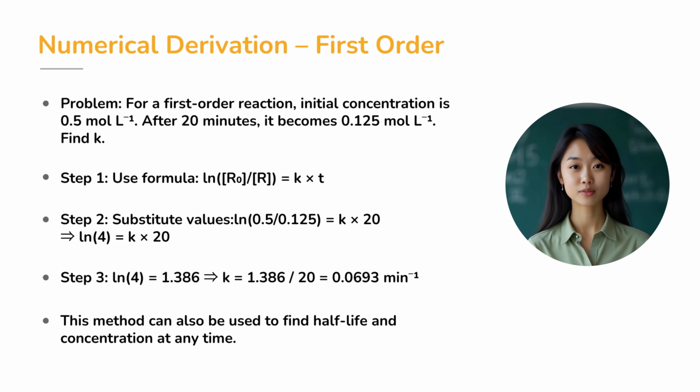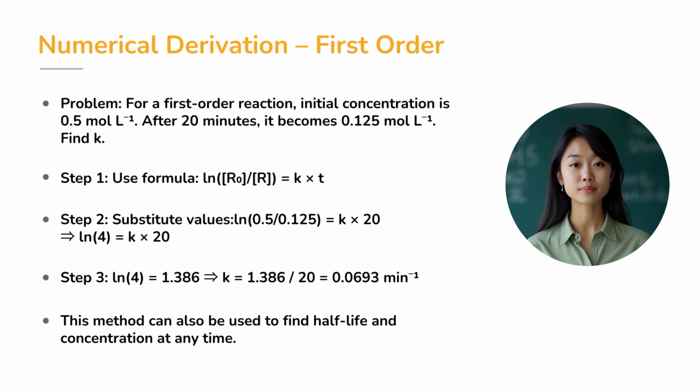Now let's apply what we've learned through a solved example. Imagine a first-order reaction where the initial concentration is 0.5 molar and after 20 minutes, it drops to 0.125 molar. We want to find the rate constant k. We use the first-order equation ln of [R]0 divided by [R] equals k times t. Substitute the values: ln of 0.5 divided by 0.125 equals k times 20. That gives us ln of 4, which is 1.386. So, k equals 1.386 divided by 20, that's